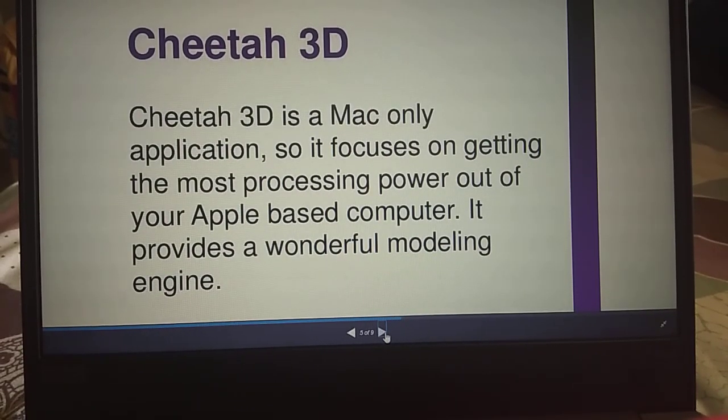Then Cheetah 3D. Cheetah 3D, as it states, is a Mac-only application, and it focuses on getting the most processing power out of your Apple-based computer, and it is basically used as a modeling engine.